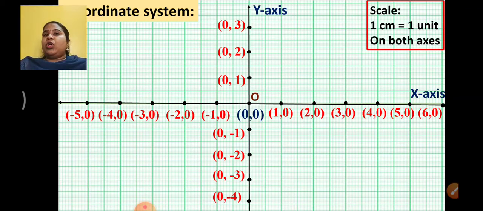This is the way you will draw the coordinate system once you have prepared the table, and then you will plot the points. Now in exam, you need not write it in this form 1, 0. You can simply write it as 1, 2, 3, 4, 5, 6, minus 1, minus 2, minus 3, minus 4, so on. Why I have written? So that you understand the concept. Since this is the first time we are learning it, how to plot it on the graph and get the answer. For that I have written with both the coordinates. In exam, even if you write one coordinate, that is 1, 2, 3 on y-axis, minus 1, minus 2, minus 3, minus 4 on y-axis below the origin, it is okay. Okay. So this way you are going to prepare the coordinate system.